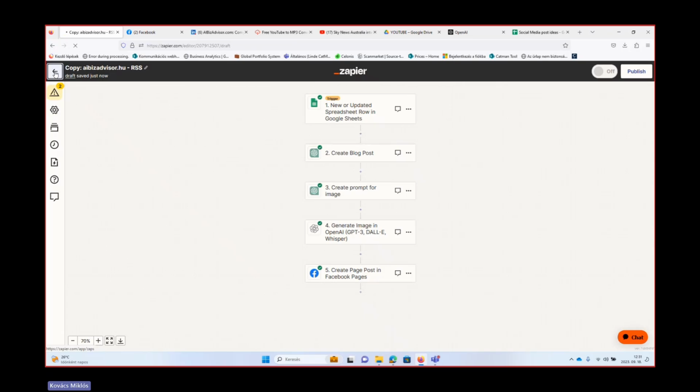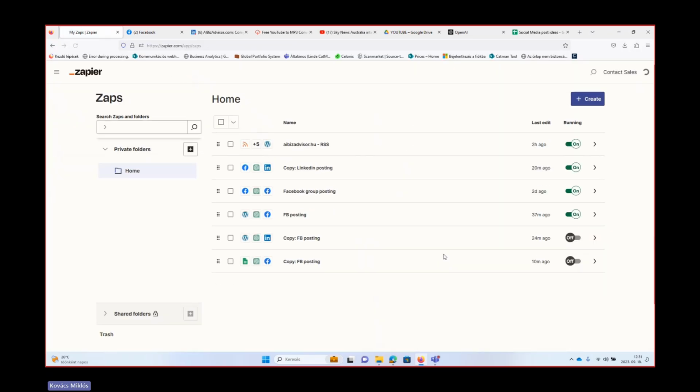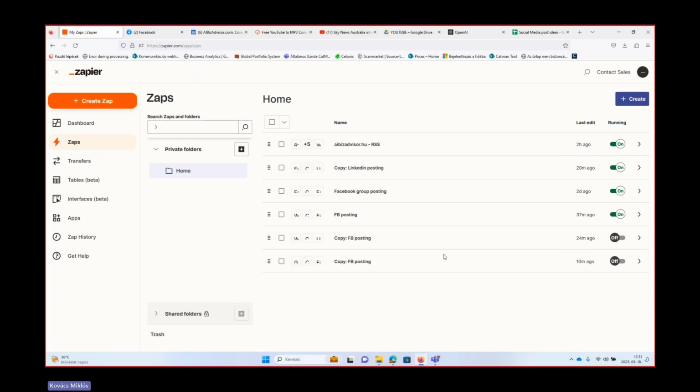My mission here is to explain to you what the different possibilities are, and I think so far we learned a lot. So again, just to review, we learned how to generate a blog post from an RSS feed, how to generate a blog post from YouTube videos, which are then transcribed, using the transcribed text to generate a blog post.